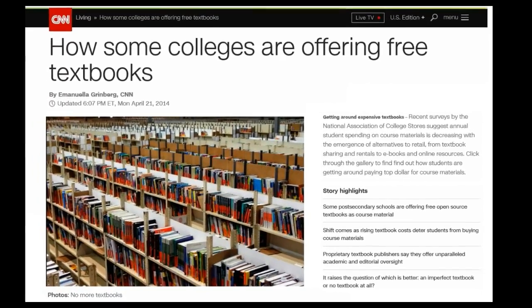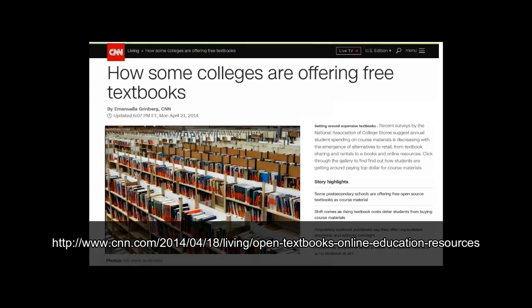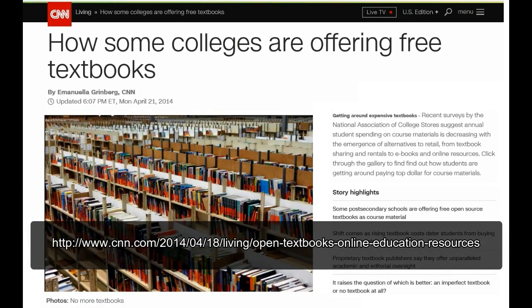So a little bit more about open source publishing, or open textbooks, or open access books. Those are some of the names or some of the terms that are used to refer to this type of publishing. And so in a CNN article, and the link is below, some of the highlights of that story focus on the fact that even post-secondary schools are offering some open source textbooks to cut costs. The downside is that everyone may not have access to a laptop, desktop, tablet at home, so you still have to make provisions for those students at the secondary and the college level who don't have that access.